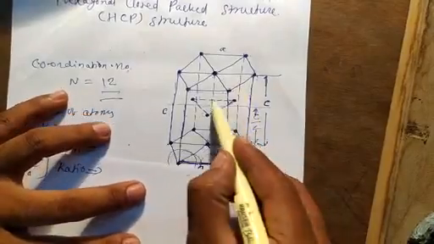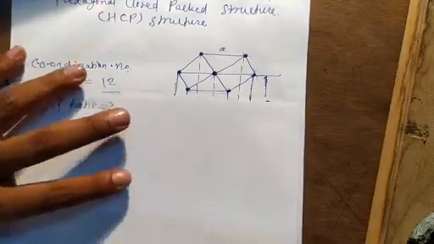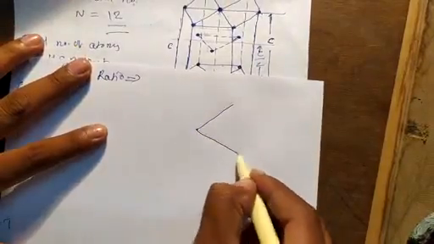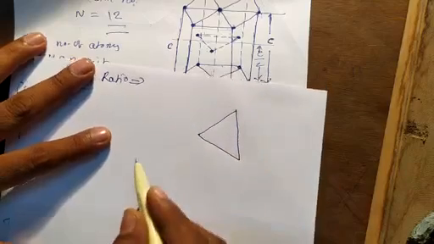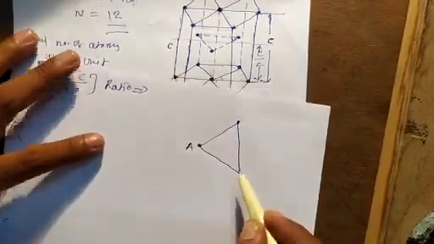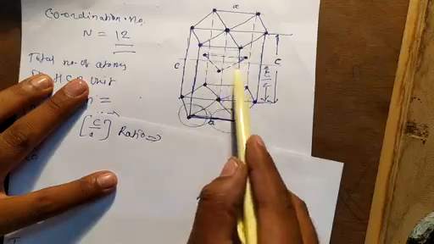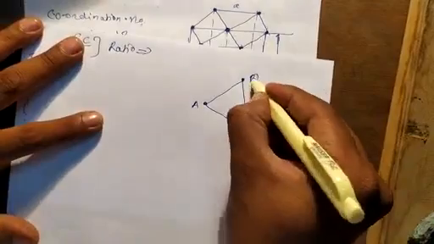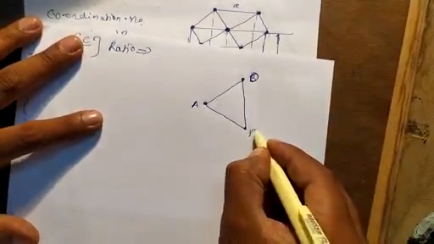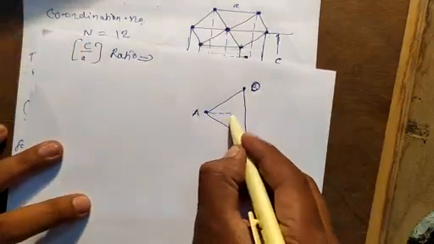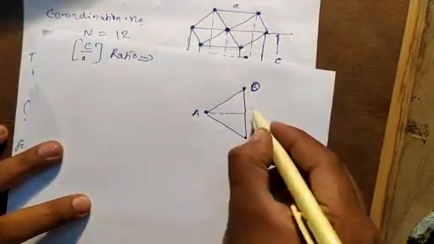Now this is the equilateral triangle. If you draw this equilateral triangle outside, it will look like this. Let me name them: this is one atom, this is second atom, this is third atom. We have considered this equilateral triangle outside. Suppose the vertices are A, B, and O. Now draw a perpendicular from A to this OB. Suppose this point is Y.